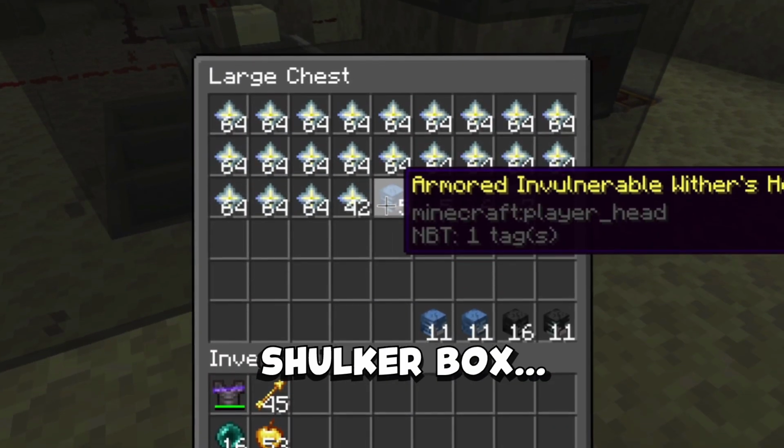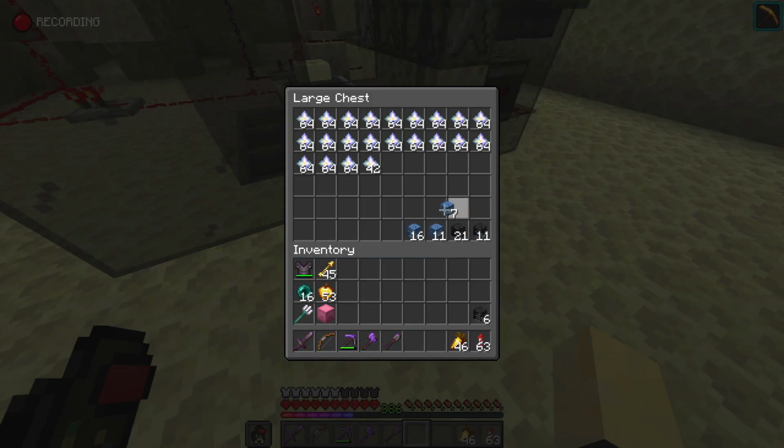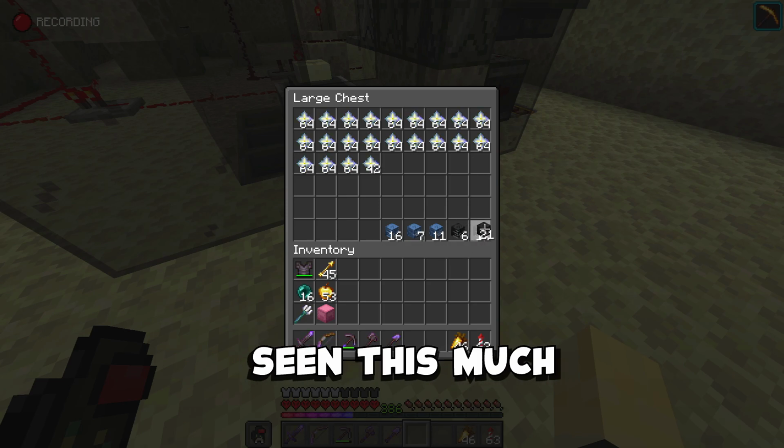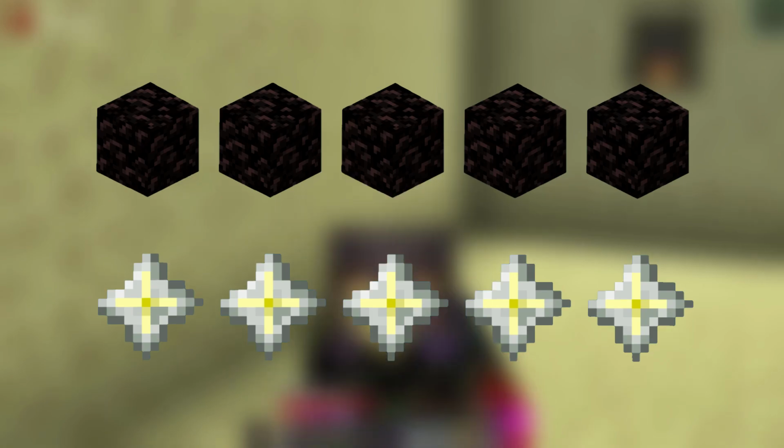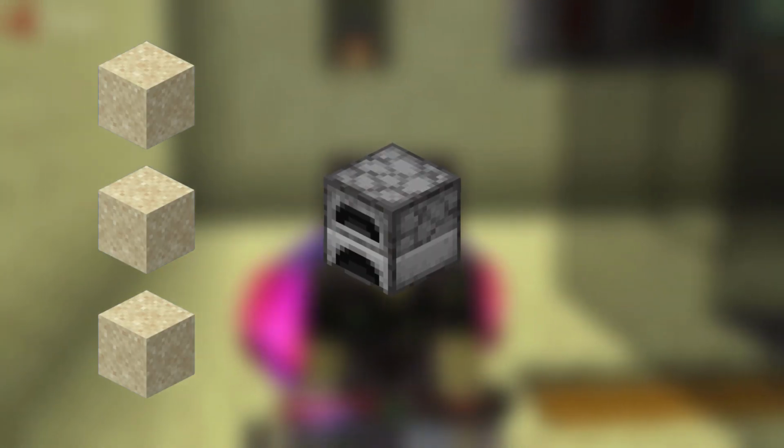Almost a full shulker box of nether stars. That is a lot. I have never seen this much before. It's crazy. With the obsidian and nether stars crossed off the list, we need a ton of sand to turn